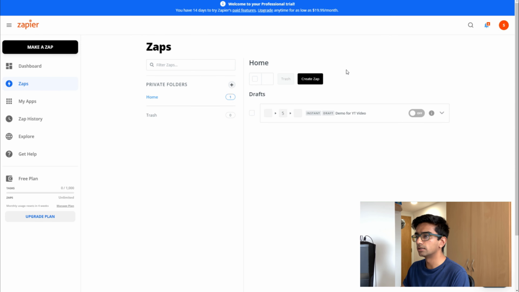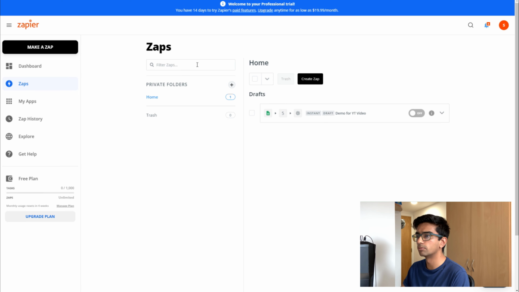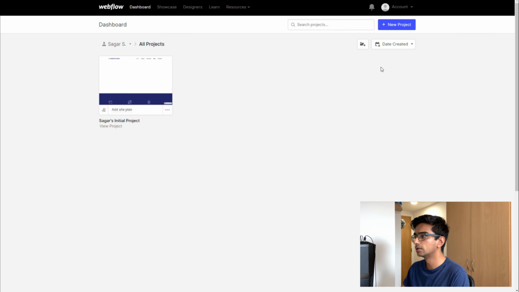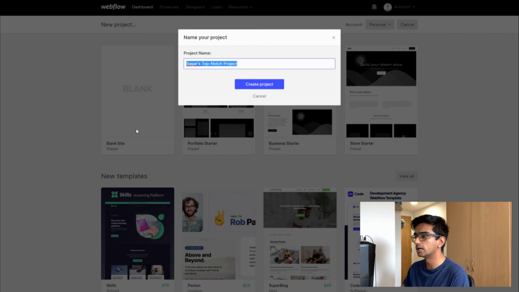My second no-code tool that I want to talk about is Webflow. Webflow is a tool which you can use to make your own website or e-commerce website, and you can integrate this with Zapier as well. Webflow has a number of integrations inside Zapier, so you can connect Webflow to other no-code tools as well. But fundamentally, Webflow works kind of like a drag and drop